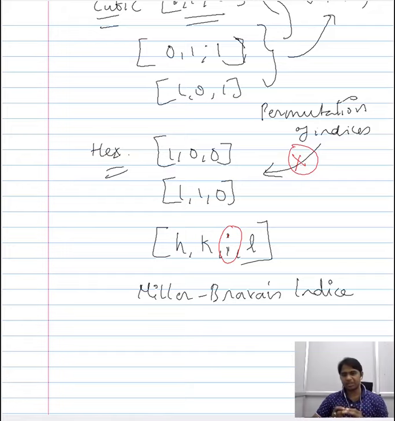This has primarily to do with the symmetry of the unit cell, the symmetry of the crystal structure. Based on the way the indices can be arranged in order to arrive at the family of planes or the family of directions, the permutation does not hold for the hexagonal close pack system or the hexagonal unit cell, and that is the reason why we arrive at the Miller-Bravais indices.